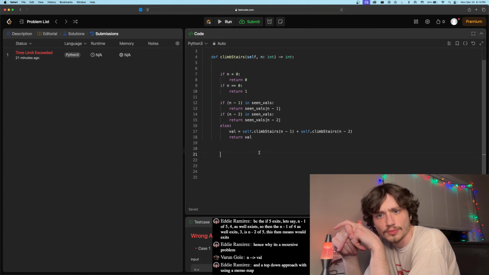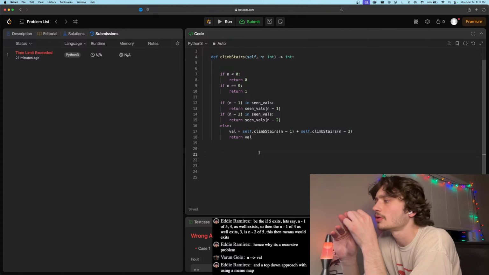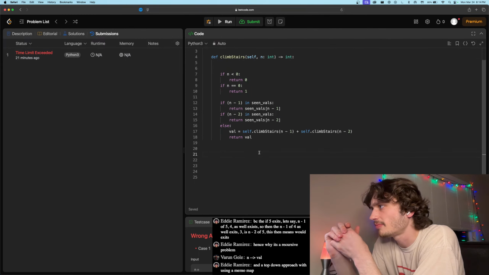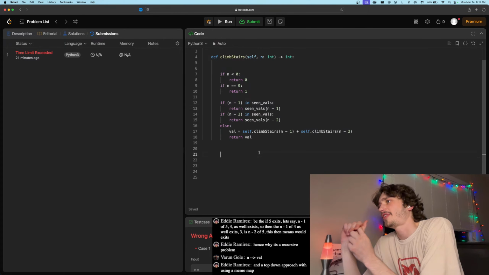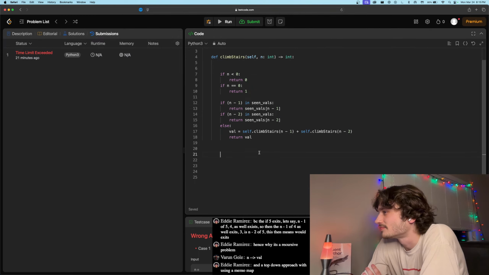Okay. And a top-down approach with using a memo map. Yeah, the whole memo map is what I'm not really wrapping my head around here. It's the first time I've ever kind of done it here for recursion. And I'm already not very good at recursion as it is, so... okay,